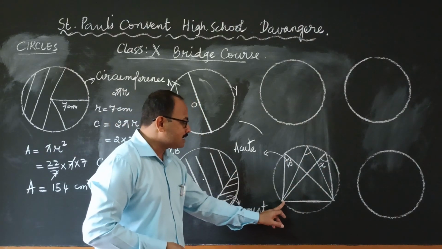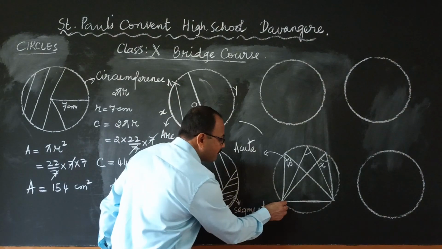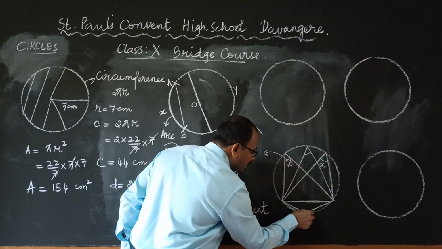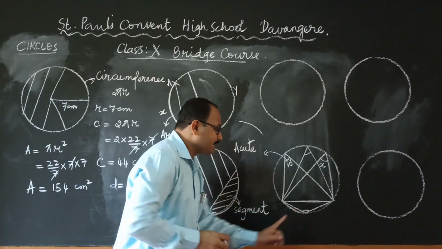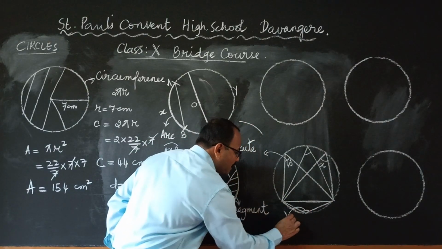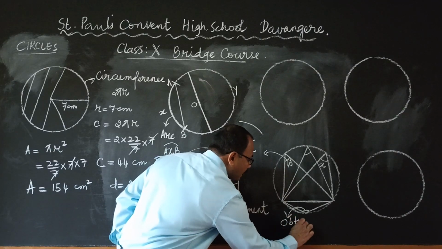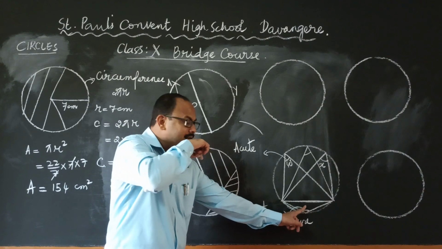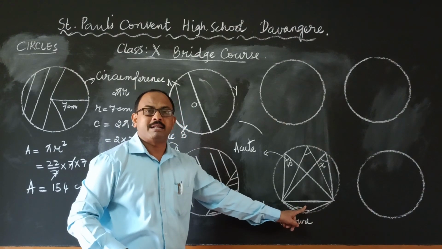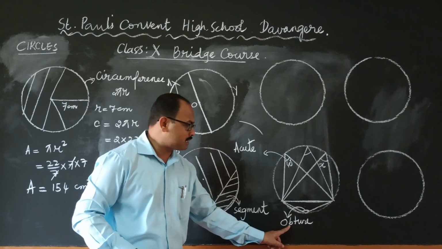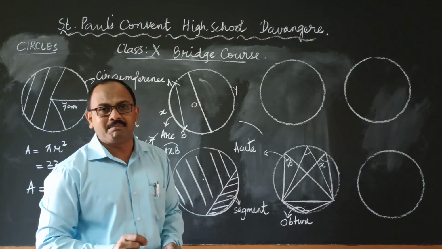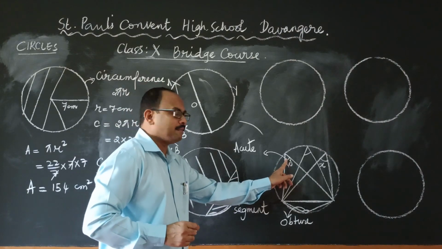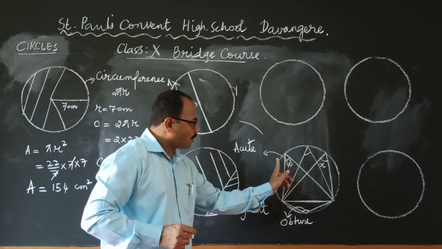Then angles in the minor segment, likewise. If you check this angle, definitely this will be an obtuse angle, children. Angles in the minor segment will be obtuse, which means the measure of this angle will definitely be more than 90 degrees, children. This will definitely be less than 90. So all these